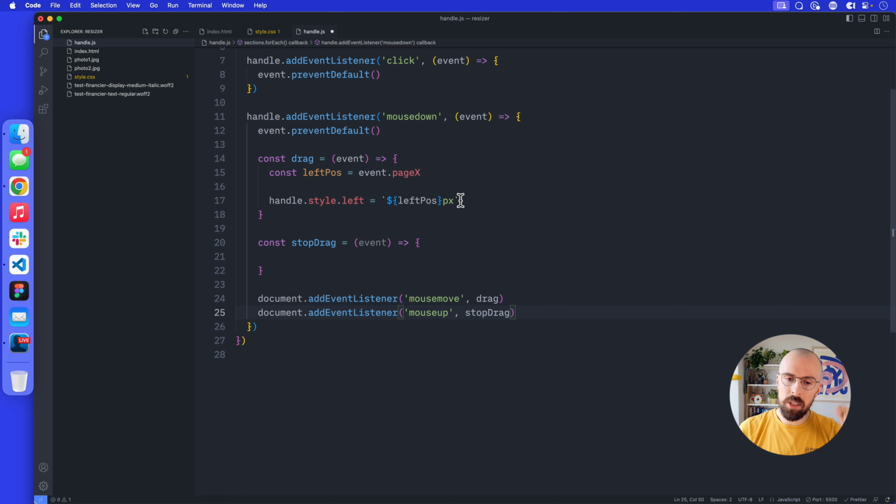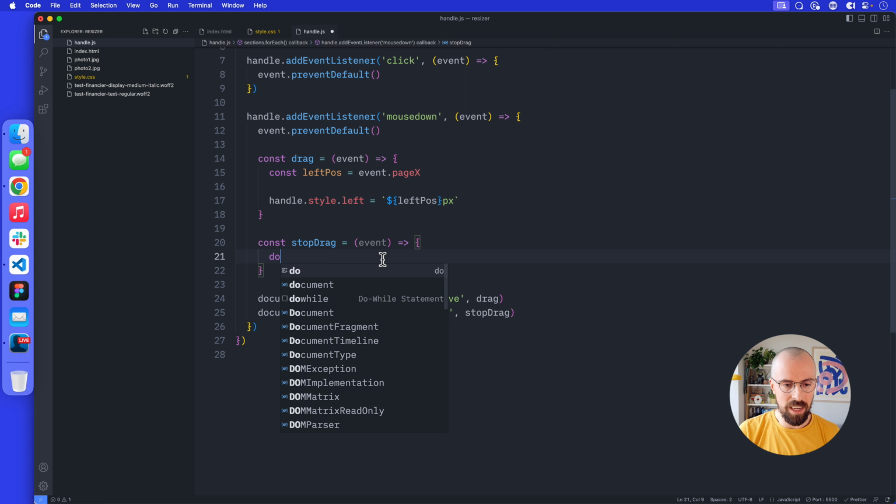So when we put the mouse down, all of this code runs. We're moving it. Every time we move, we're running this drag function, so it's moving this handle. When we let go, we want to stop everything, but nothing currently happens to stop things. What do we want to do when we do mouseup? Well, what we want to do is basically say, turn this and turn this off. So to do this, we're going to say